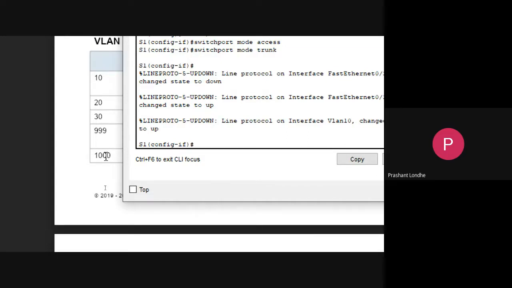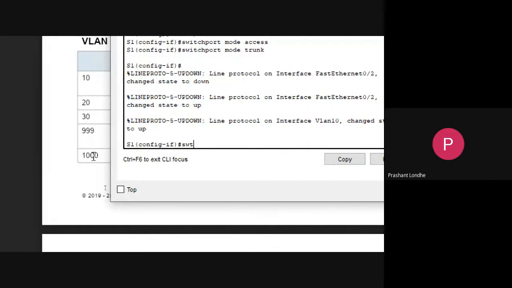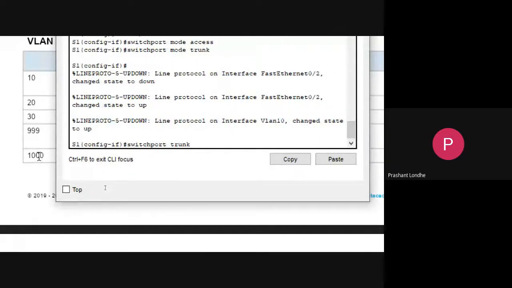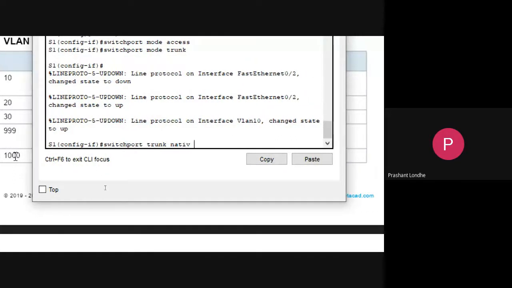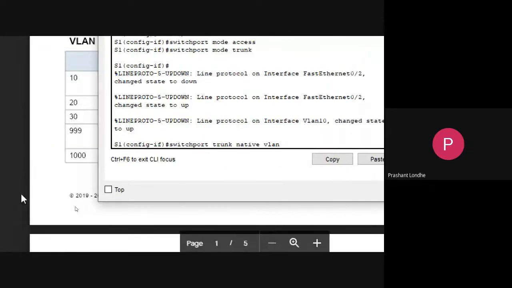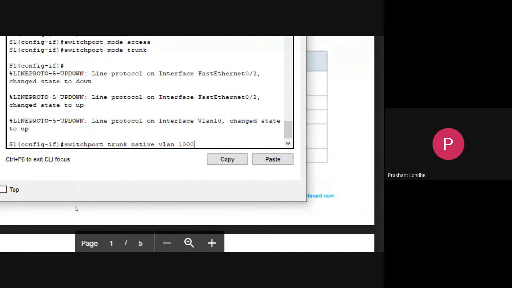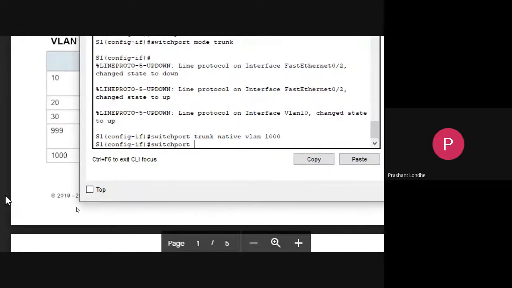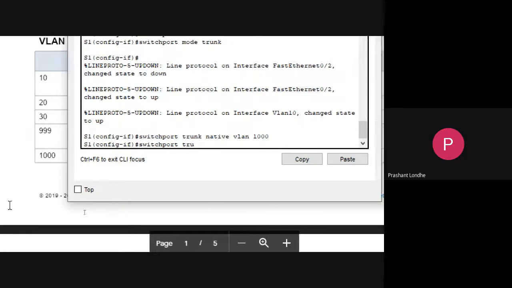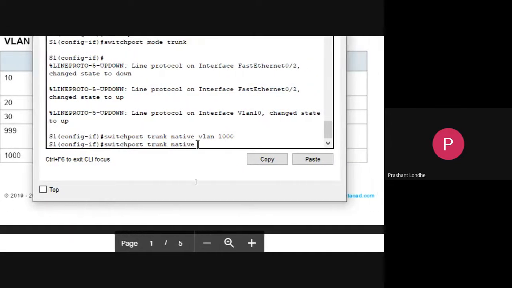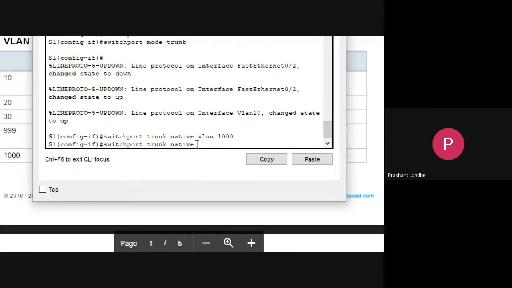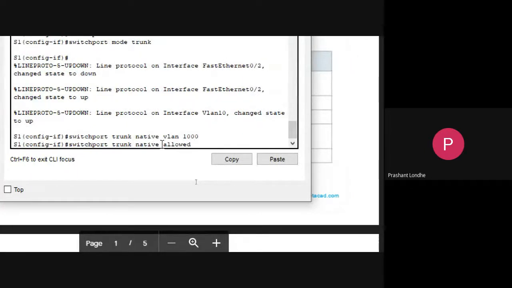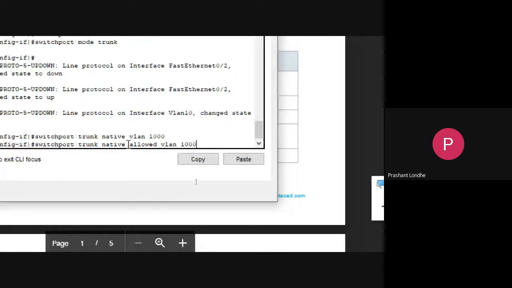And then switchport trunk native VLAN 1000, and switchport trunk native allowed VLAN 1000.